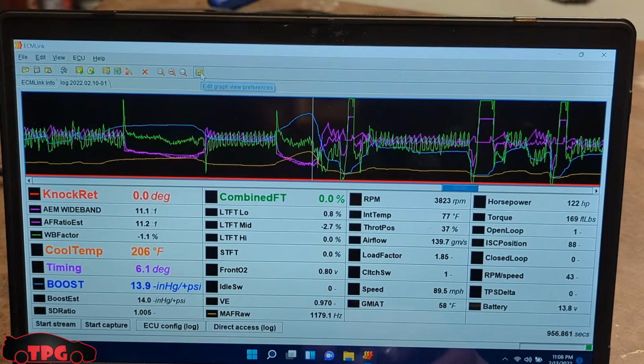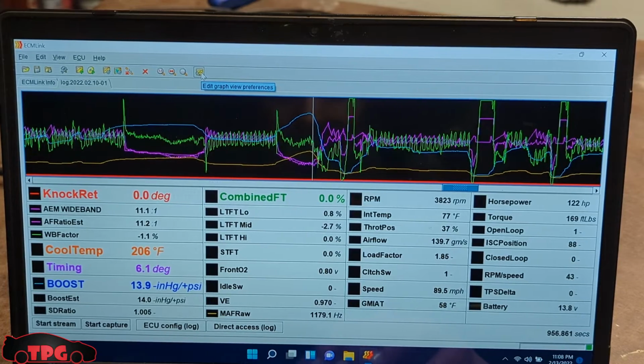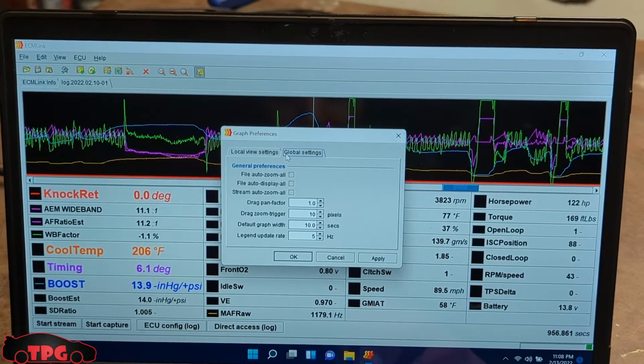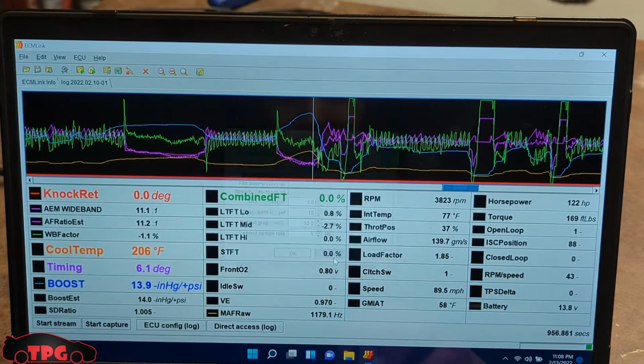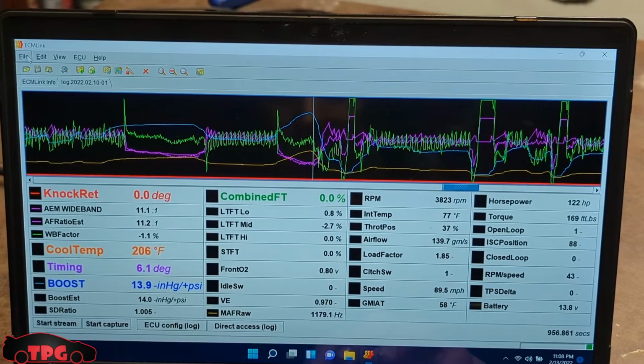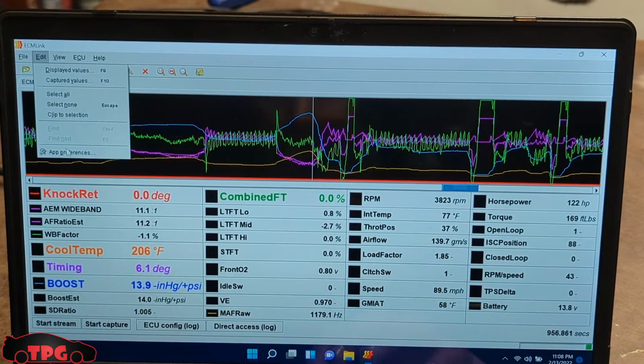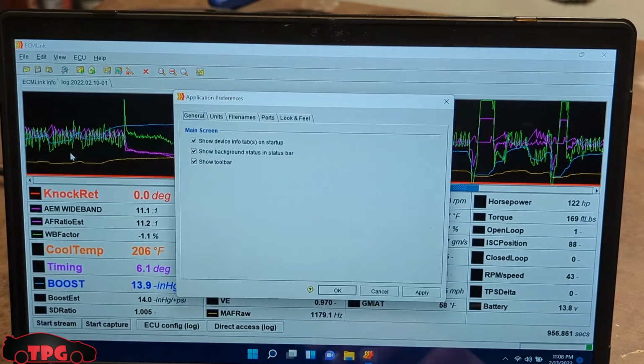There's also some other functions up here. You can edit the graph view preferences. You can change the fonts that are showing up. You can change your global settings. Let's see. What else can we do here? Oh, this is another one. If you come up here in the top left and you click on app preferences, you go edit app preferences,